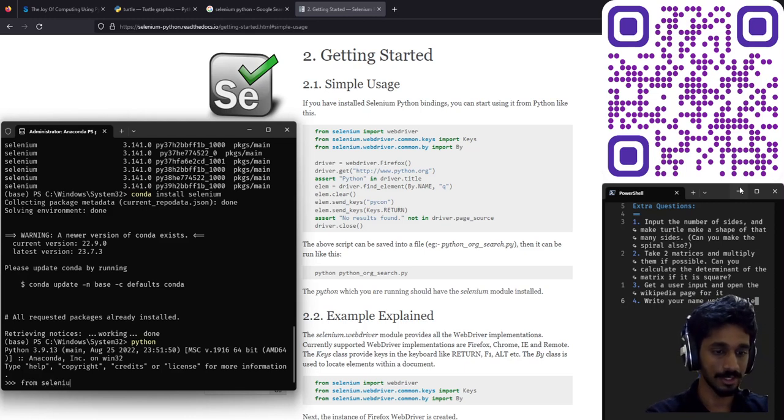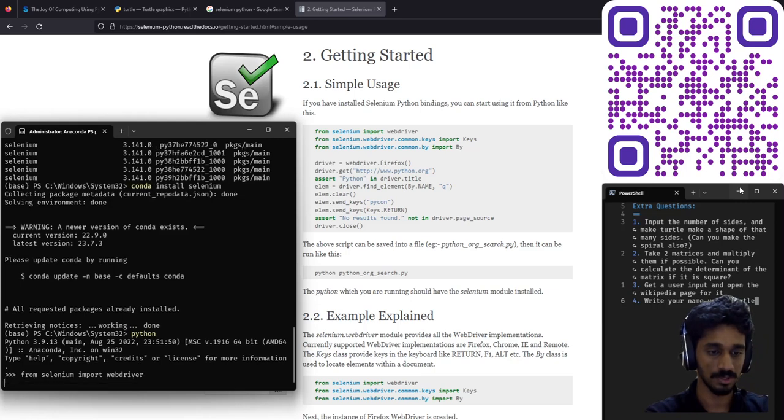From selenium import webdriver. Note that some of these commands will only work if you have the browser installed. So if I do webdriver with Firefox, it will only work if I have Firefox installed. So when I run this,